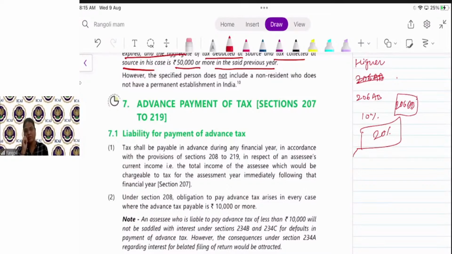Now, advance payment of tax. TDS is something like payer will deduct from your income and deposit the same on your behalf to the government. Now, advance tax is direct payment made by assessee to the government. So, on my income, I will make direct payment to the government. Now, the name is advance tax. That means I will pay tax on my estimated income during the year in which income is earned. Generally, after completion of previous year, in the assessment year,